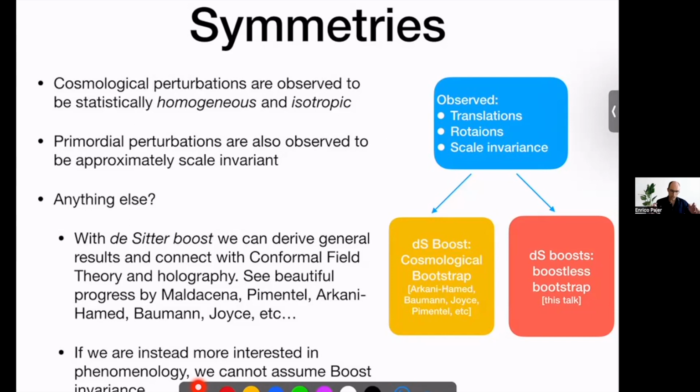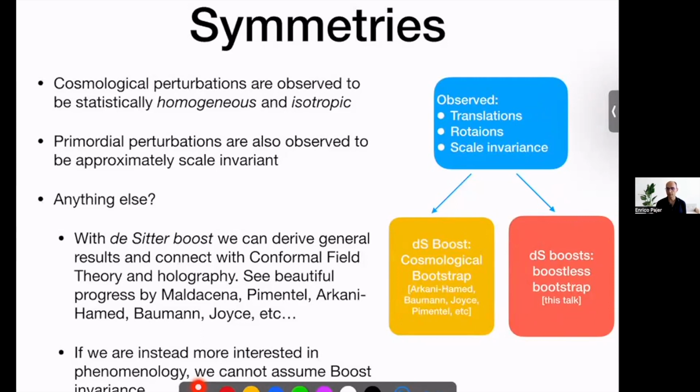So now we have a fork in the road. Do we want to stick with only the symmetries we observe, or do we want to add more symmetry to make our life easier and to try to get something much more ambitious? I think both are great options. And for this talk, I'll stick only to the observed symmetries and no other. And so only to these three symmetries: translation, rotations, and scale invariance. All the theories in this approach I call boostless, in the sense that I will never assume